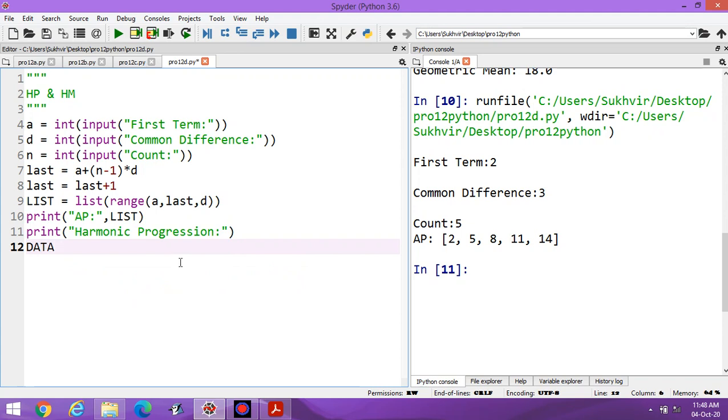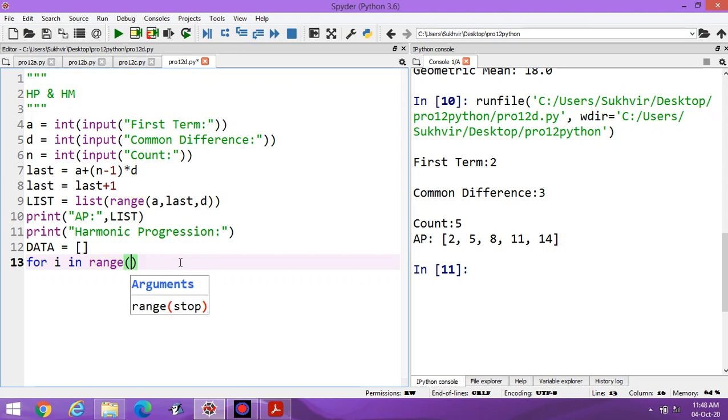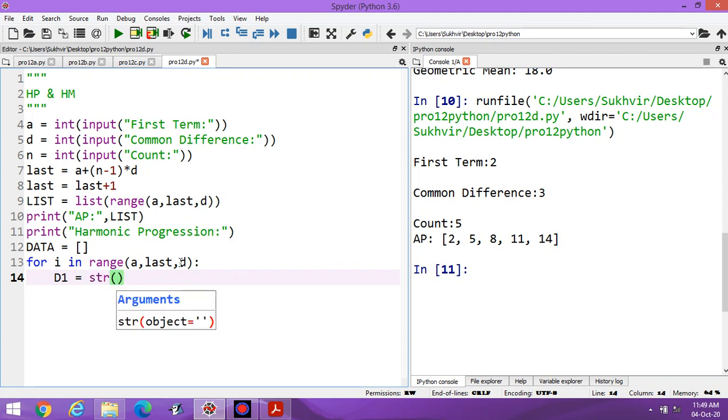Suppose one empty list is there, data. Then for i in arange, a, last and d. Suppose d1 is the data in which I have to display the content.